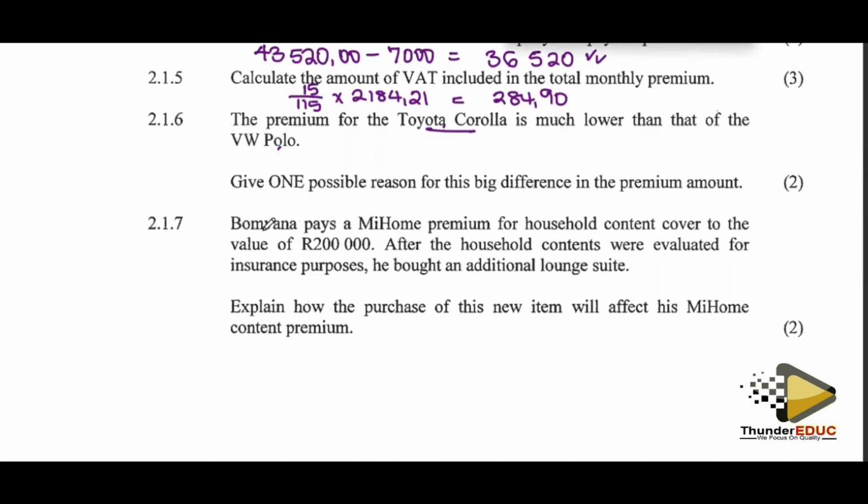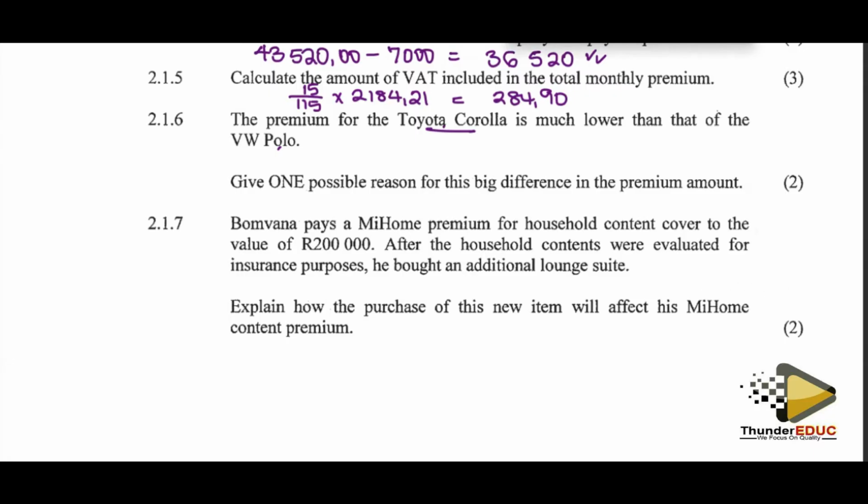Okay. Bobana pays a My Home premium for household content cover to the value of 200,000. After the household contents were evaluated for insurance purposes, he bought an additional lounge suite. Explain how much the purchase of his new item will affect